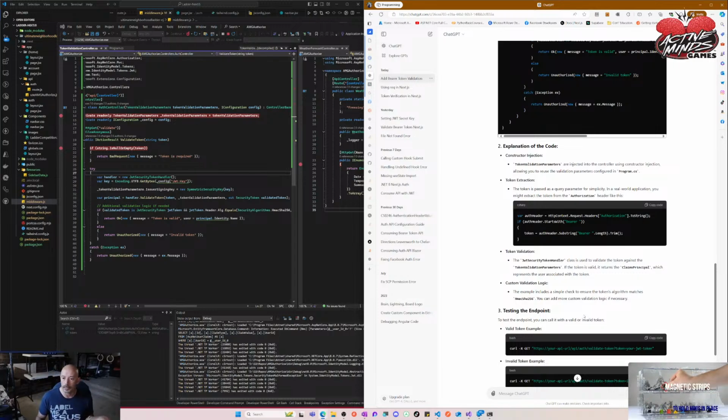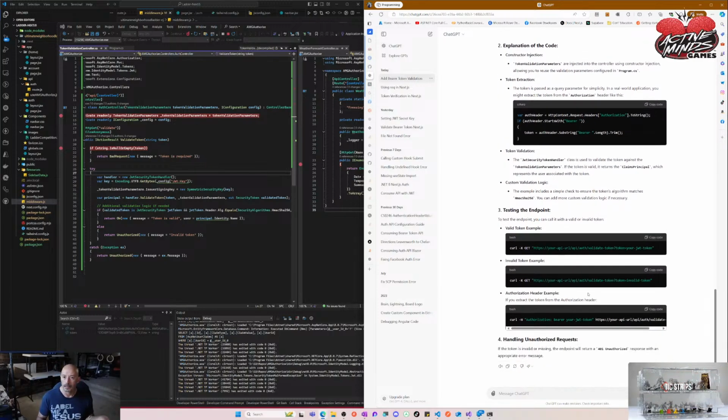Testing the endpoint. Validate token example. Okay, so